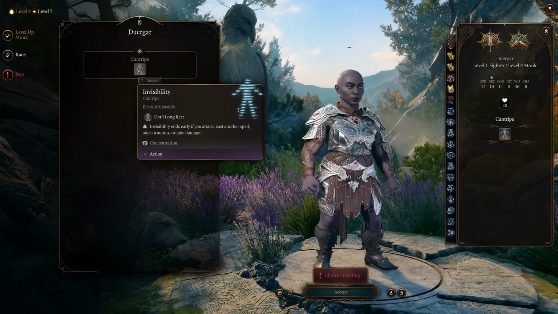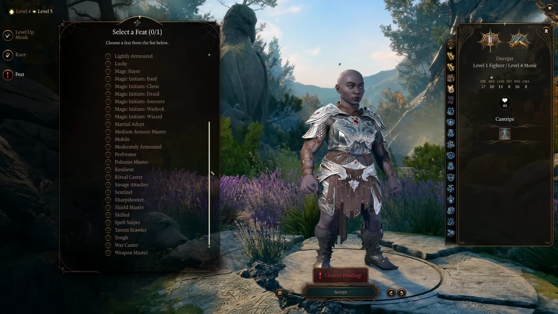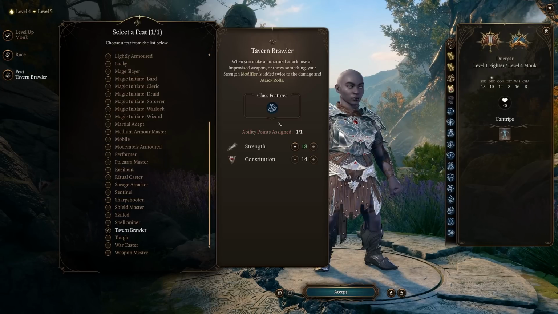As a Duergar, we're going to get the ability to become invisible, which is fantastic. And then as far as our feat goes, we're going to pick the ultimate monk feat in this game, which is Tavern Brawler. When you make an unarmed attack, use an improvised weapon or throw something, your strength modifier is added twice to the damage